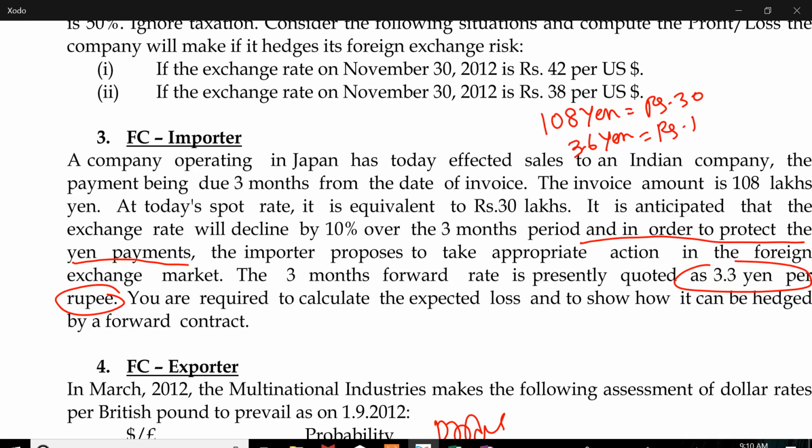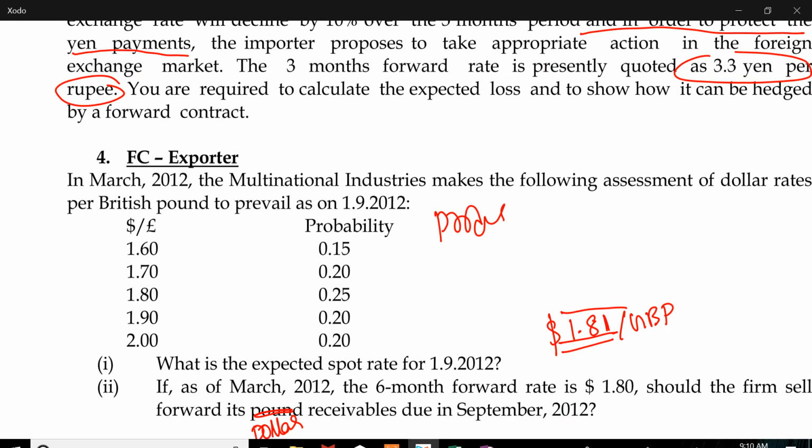Full stop. This is possible only if my liability, in bracket N, appreciates, and consequently the rupee will depreciate. Question number 4. Expected spot rate equal to